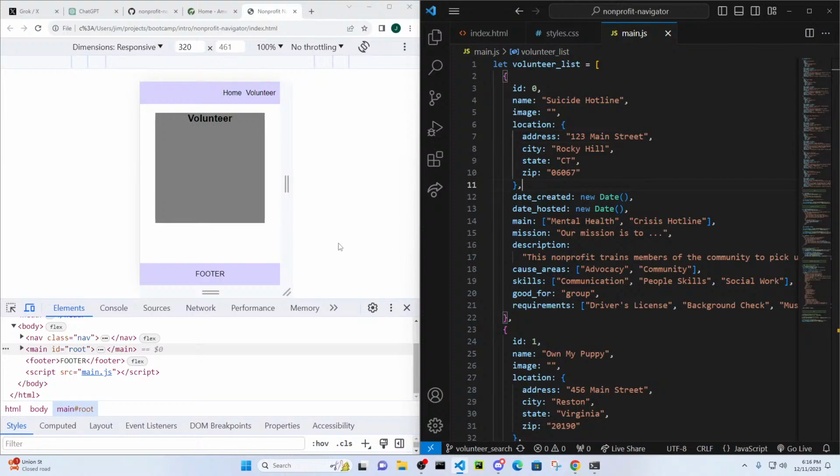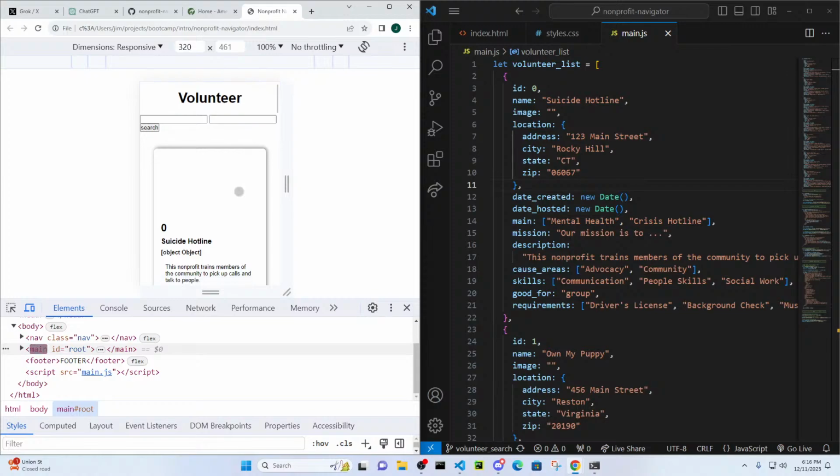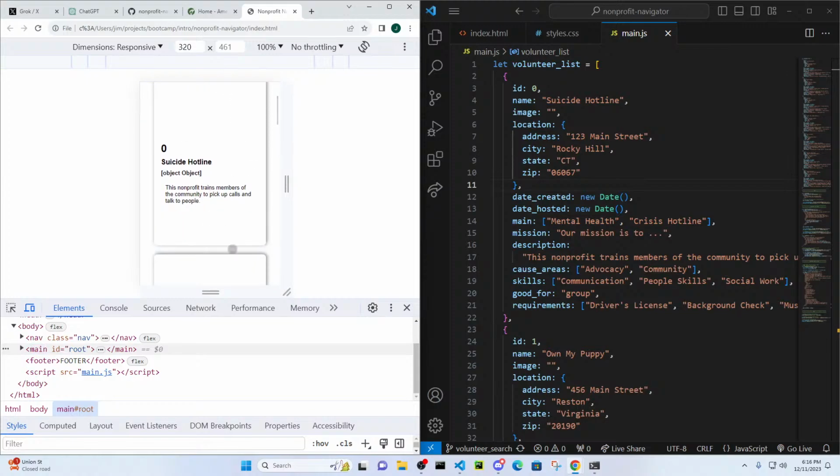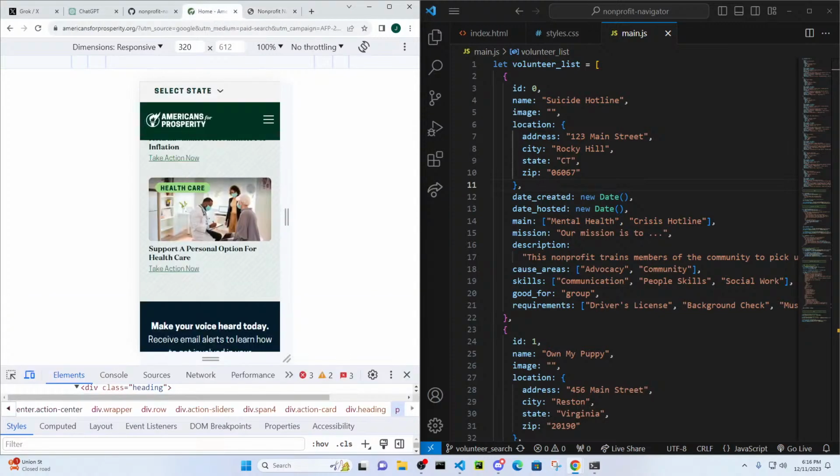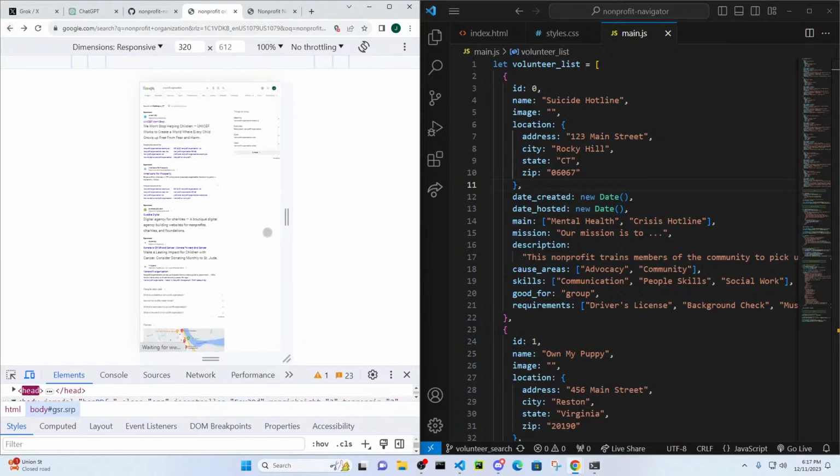So right now we have this volunteer card right here. We're going to put an image right here. I could find that one. When you click here, we want to have an image here. Right now we have a little border around the outside. We don't necessarily need to keep this. We could literally go ahead and take this one right here. Or if we look at another website,